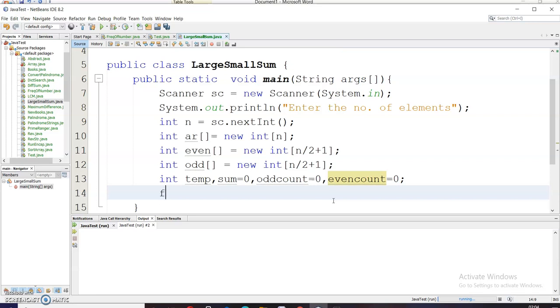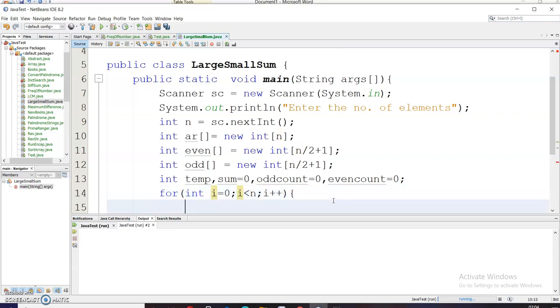Now I need to traverse through all the elements of my array. For this I will be using a for loop: for int i = 0; i < n; i++. Now I will ask the user to enter the number.